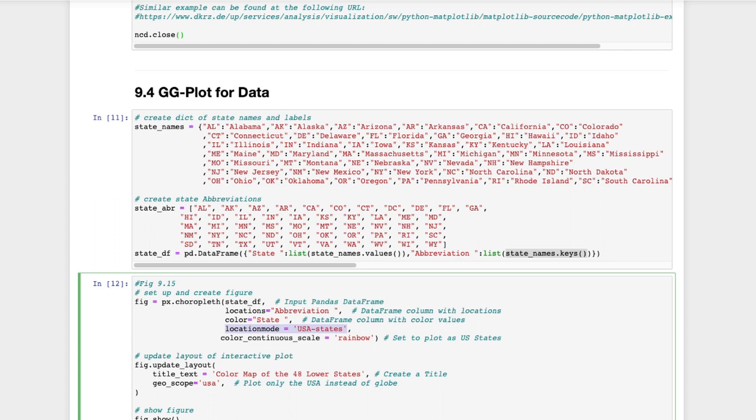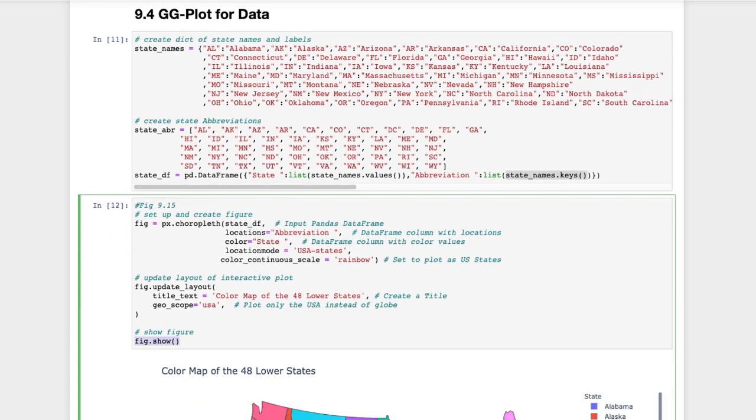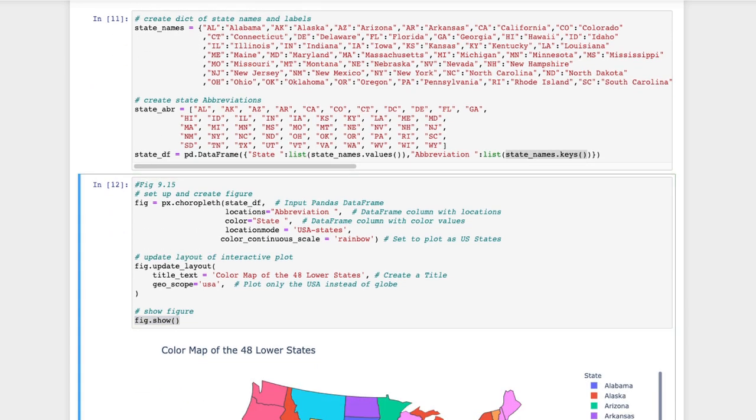You can go ahead and choose a continuous or a discrete scale. We're going to choose the rainbow continuous scale for our plot. We should update the layout of our interactive plot. We are going to update this layout and add a title text to it, as well as a scope of the USA. We're going to wrap that block in a fig show, and we do get this interactive color map of the